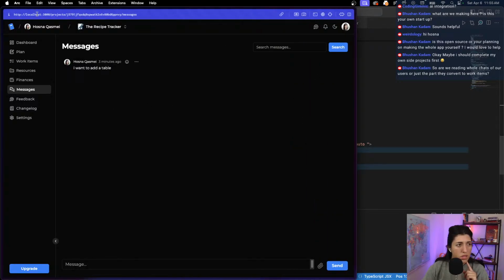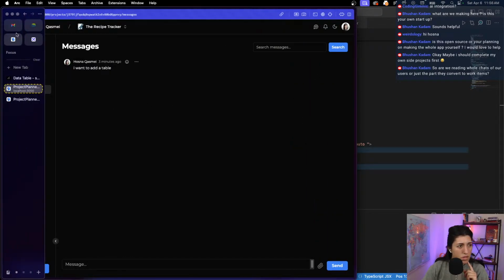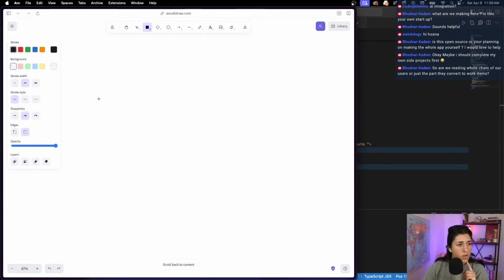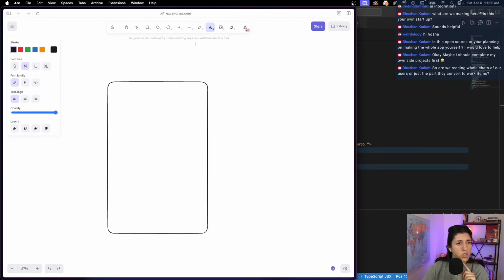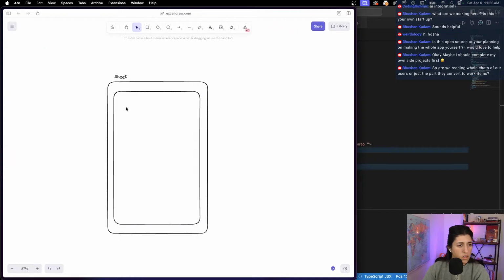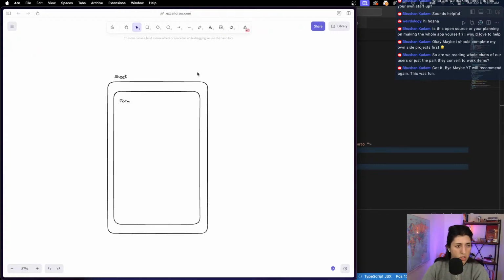Let me see, how do I want to do this? I have a sheet, and for all my sheets, inside of it is going to be a form. This is going to be my form. I'm trying to decide. I think it makes sense to have the form within the sheet